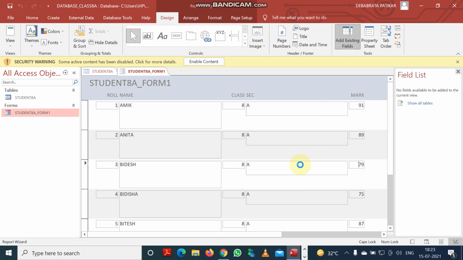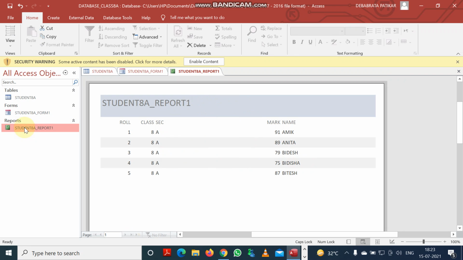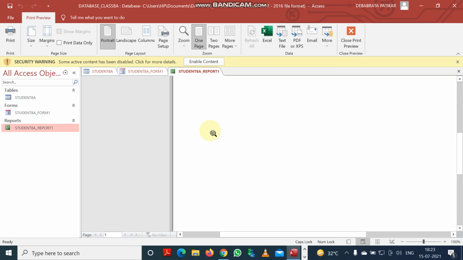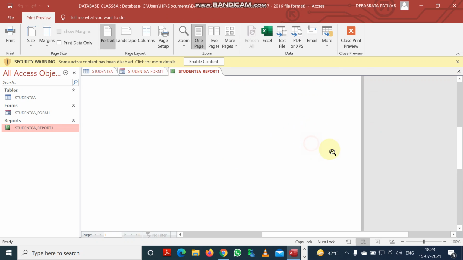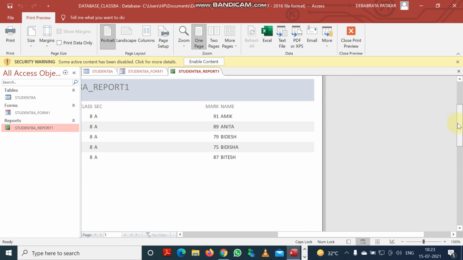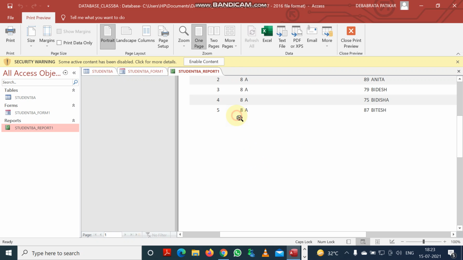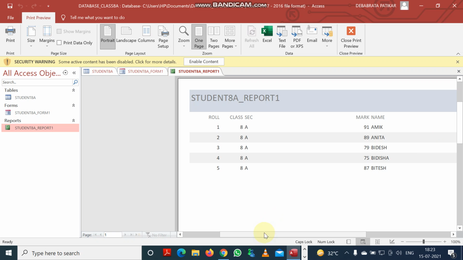You can see the report is shown and the report name is displayed in the navigation pane. In the report you cannot change or modify any data. You can only minimize or maximize the report, but you cannot change the data in the report.